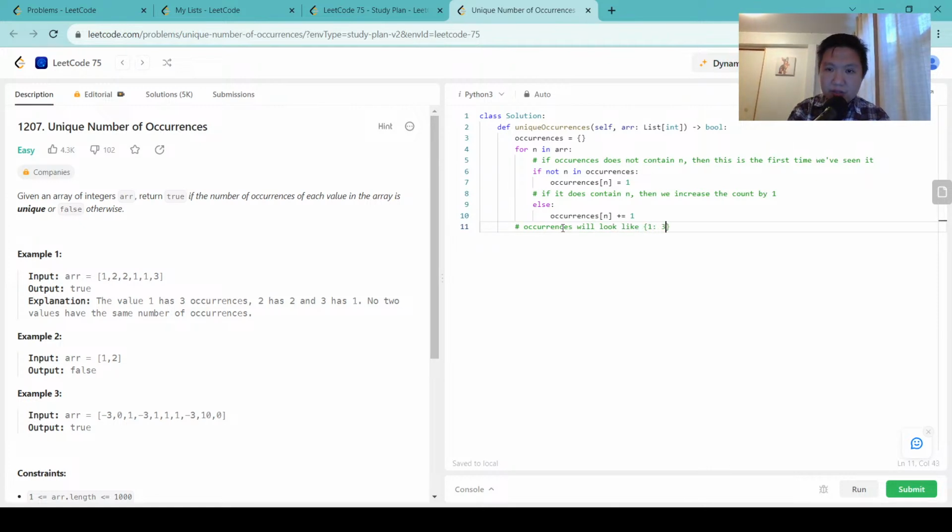1 has 3, 2 has 2, 3 has 1. So for number 1, it occurs 3 times. The number 2 occurs twice. And number 3 occurs once. This is what occurrence will look like. Obviously these are not the actual values. These will be the actual values if the input is this. If the input is something else, then it'll be completely different. So if the input, for instance, is this,